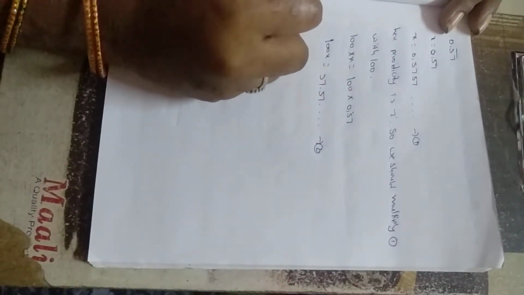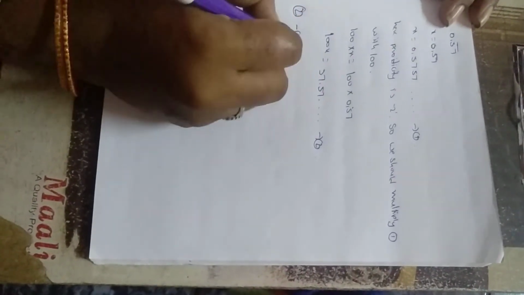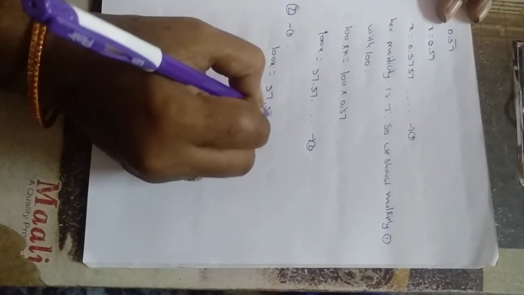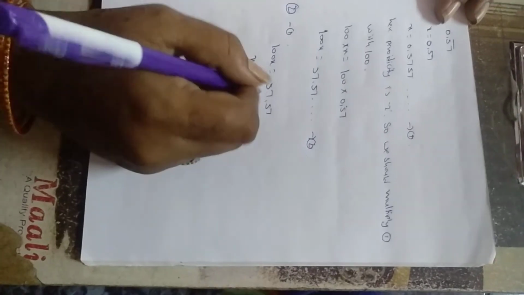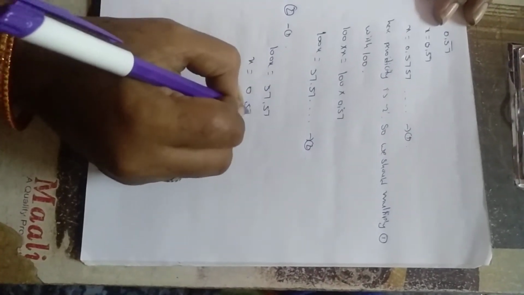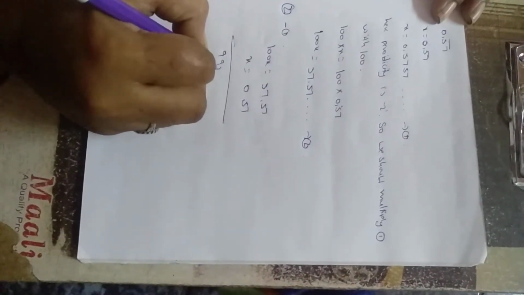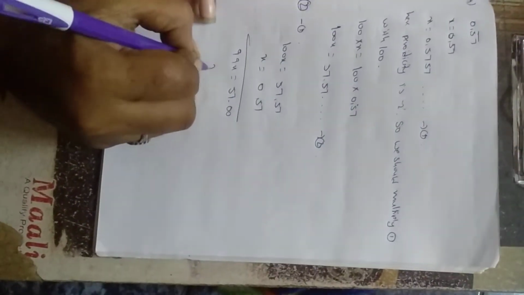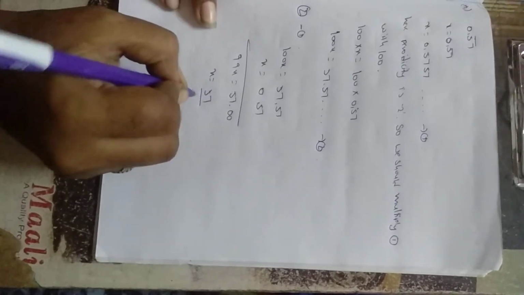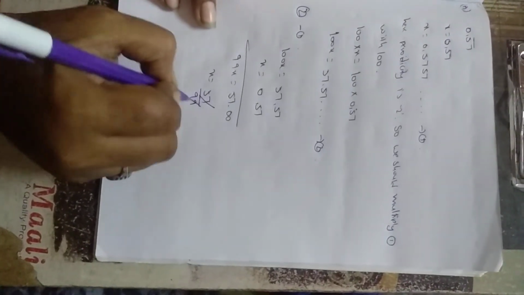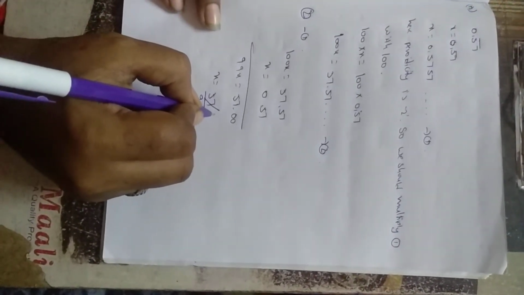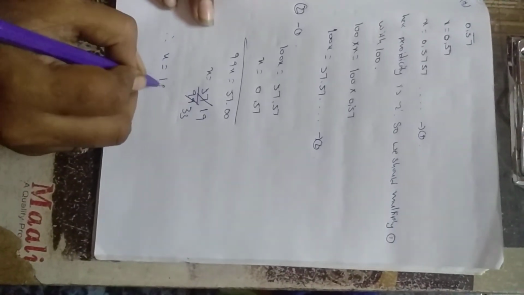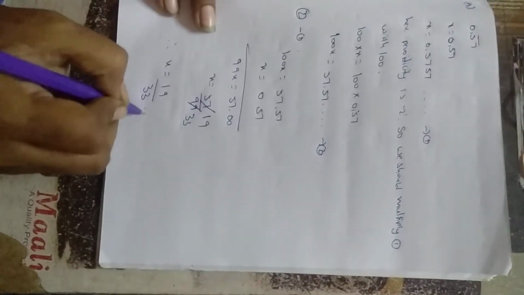So according to the problem, equation 2 minus equation 1. So 100x equal to 57.5757, x equal to 0.5757. So 99x equal to 57.00. x equal to 57 divided by 99. In the 3 table, 19 times, 33 times. Therefore, x equal to 19 by 33.